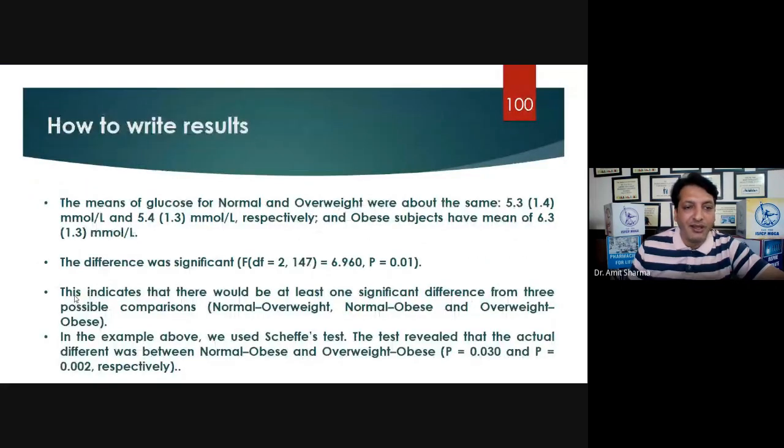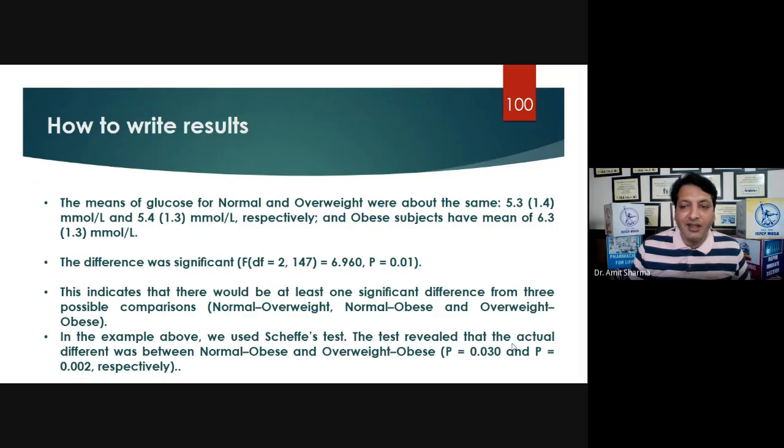You can write that there would be at least one significant difference from the three possible comparisons. Now you are going to compare the group normal with overweight, normal with obese, and overweight with obese. That means you have compared A with B, B with C, and C with A, like that. Clear? So in the example above, we used Scheffe's test.